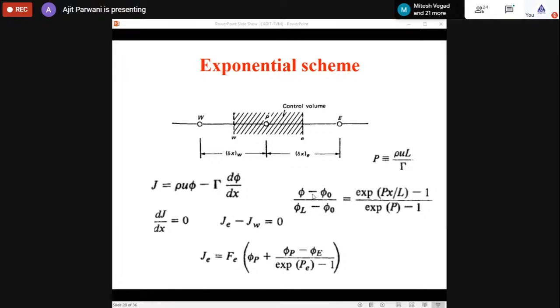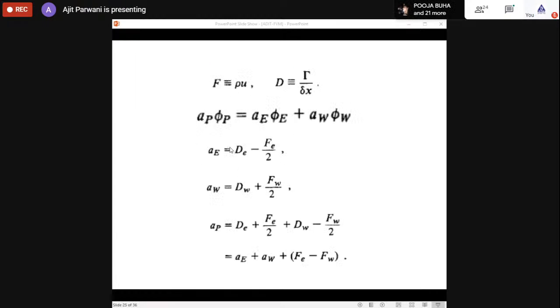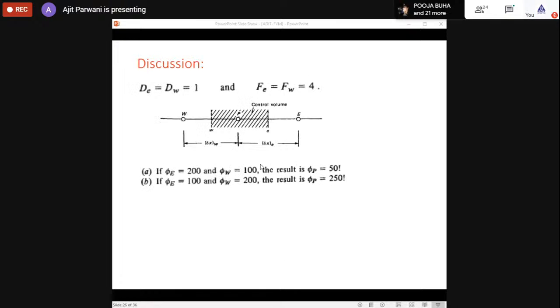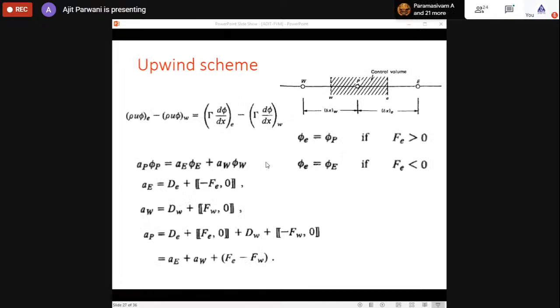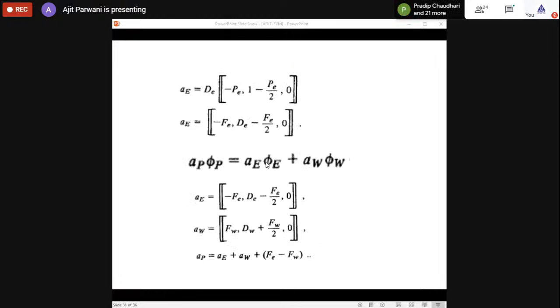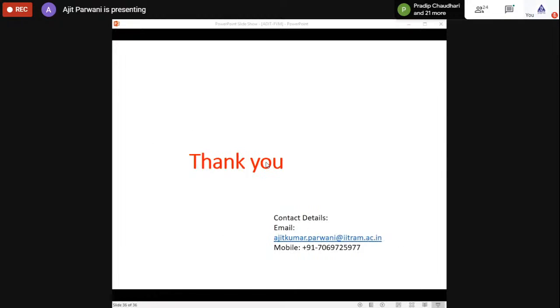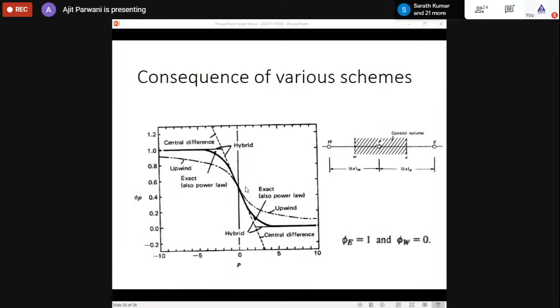So the analytical solution will come in exponential form, and if you compare the upwind scheme and this CDS scheme with this exact solution, you will get some idea whether the upwind scheme will give you the true solution or not. Okay, I think that I have such a graph. Just let me check. Yeah, here it is. You will see there are other schemes also shown in this graph, but I just have to confine my attention to the upwind scheme and the central difference scheme.